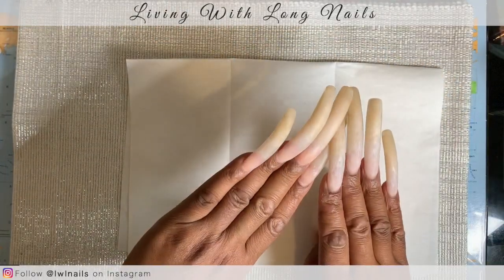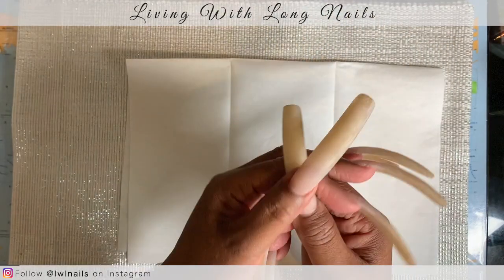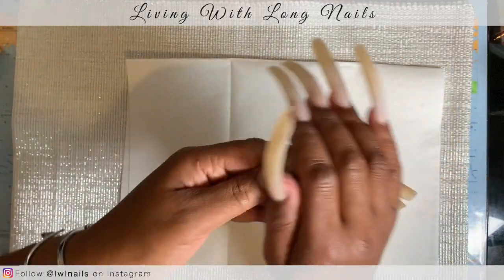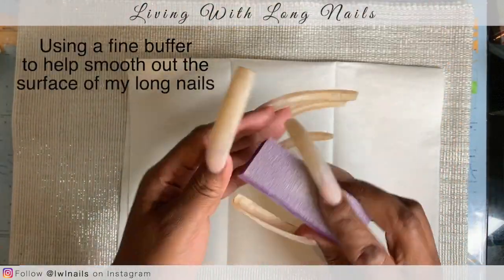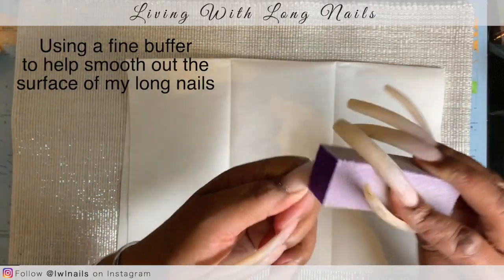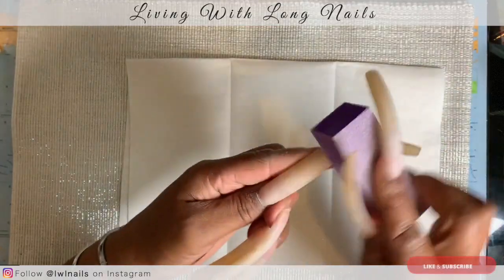You can actually see, don't know if you can see that, there's drying on my nails. Now I don't know if that's the acetone, I really don't, if that's the nail polish remover that's caused that, and if so, which one, I don't know. Now again, I'm not a nail technician, but I have lived with these nails for a long time,